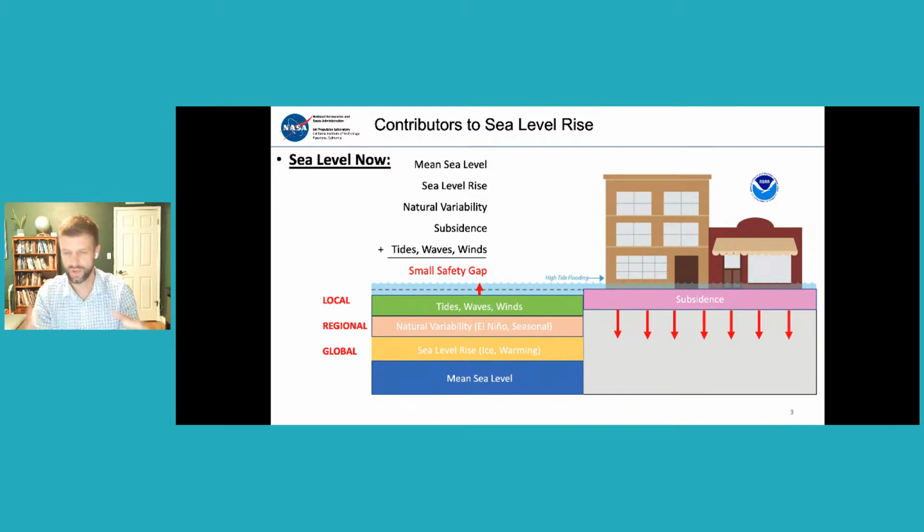So this is the warming of the ice sheets, the thermal expansion of the ocean, which I'm going to talk about a lot in this presentation. But these things combine at any given time to really drive sea level and basically your threat and vulnerability to flooding. And just to be clear, I'm going to focus on 3 specific subjects. I'm going to start out by talking about these global processes and how we measure them, the regional processes, so how we start to get some variability in these global rates of sea level rise we're seeing, and then also just touching very briefly on subsidence and why that matters.